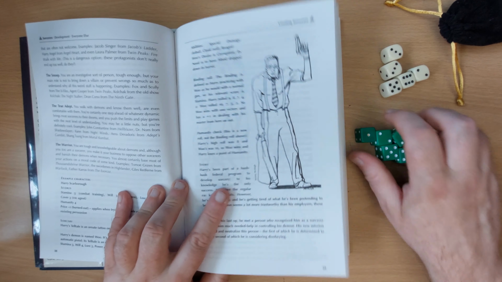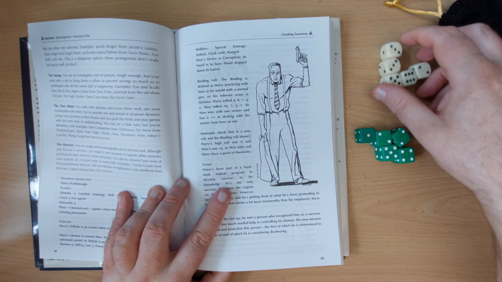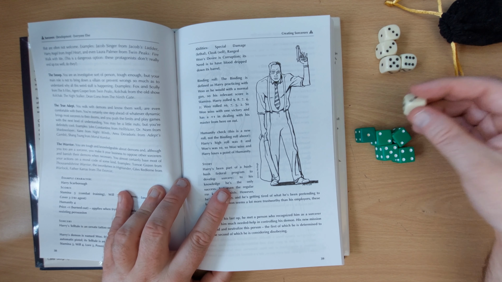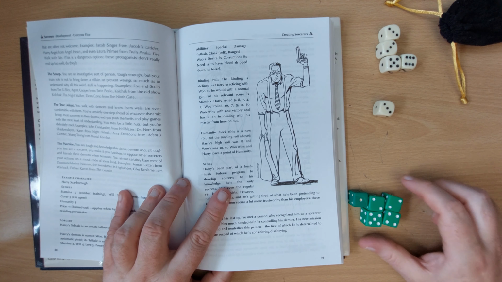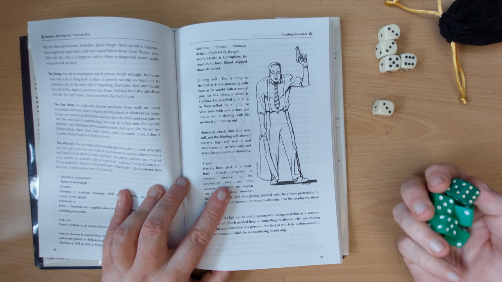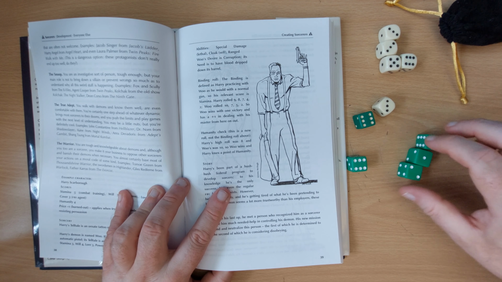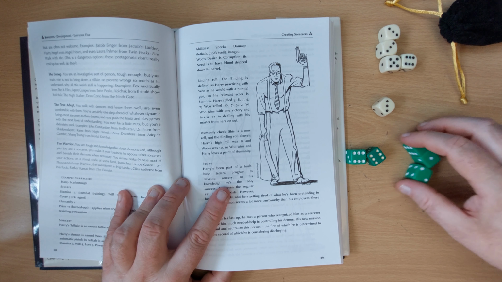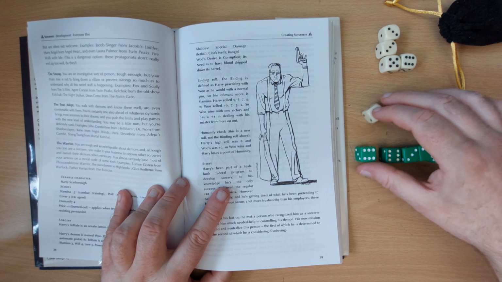So Harry's rolling his 5 dice. He's climbing up against something. He's got military training, so we're going to say it's very easy. He's rolling against 1 dice. So we roll a 3. Now it is entirely possible for Harry to still fail, even though he's rolling 5 dice. But we roll. And he gets 2 6s, a 3, a 2, and a 1. So Harry here